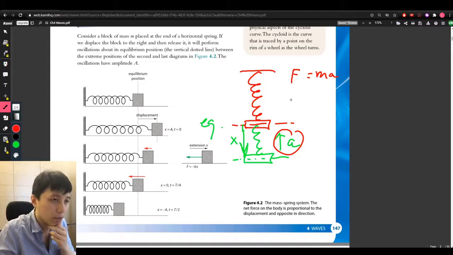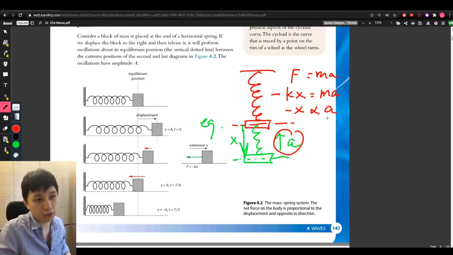So the only force that is effective would be the tension, and that's negative kx, x being the displacement. And so that should equal ma, and you can see that x and a will be having a